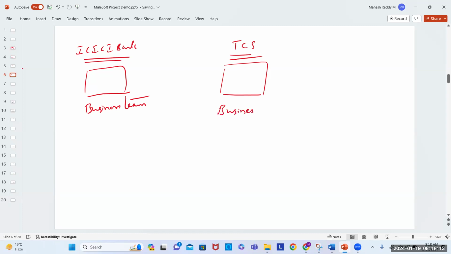Again, business team and technical team. Technical team means obviously the architect, solution architect kind of people. Now what happens? First of all, before getting the project to the developer hands, there is a certain